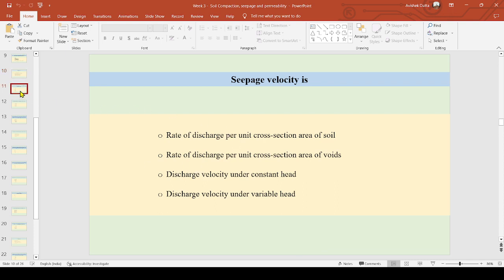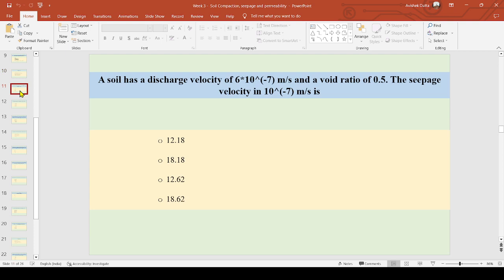Next question. Another numerical. A soil has a discharge velocity of 6 into 10 to the power minus 7 meter per second and a void ratio of 0.5. The seepage velocity in 10 to the power minus 7 meter per second is,